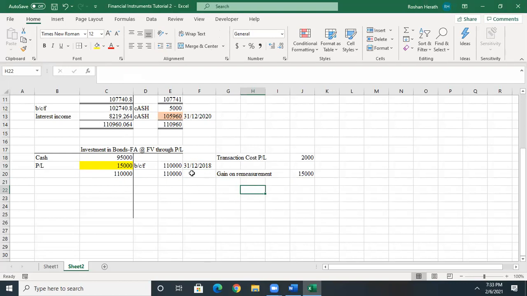Then again one thing that, so willingly or unwillingly, what we have done is that we have got hold to this particular instrument